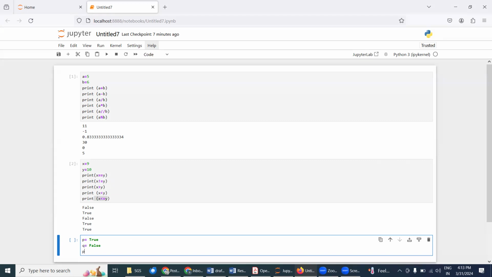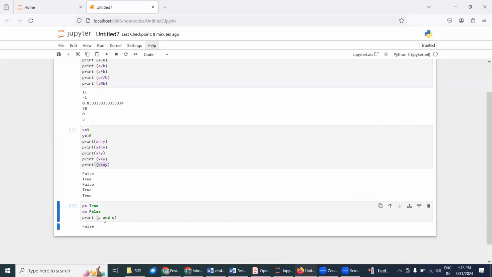Now print the AND operator, logical AND operator. False. One true and one false always make it false. Similarly, when we use the OR operator,